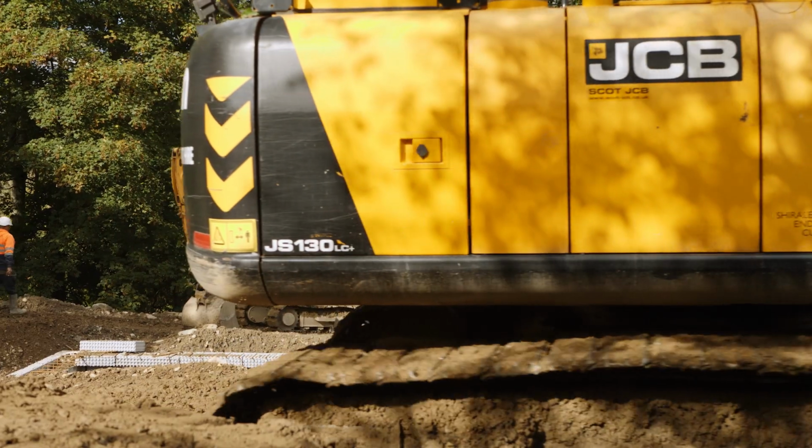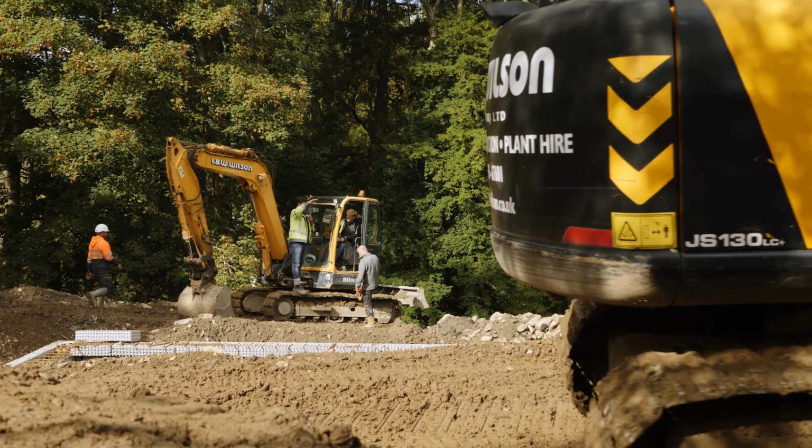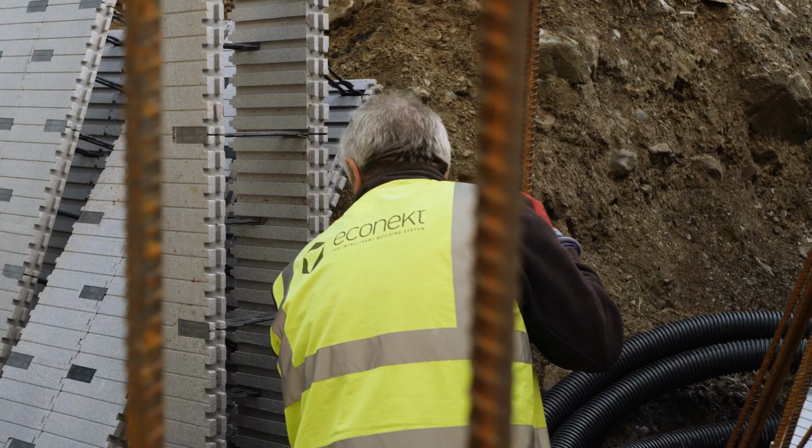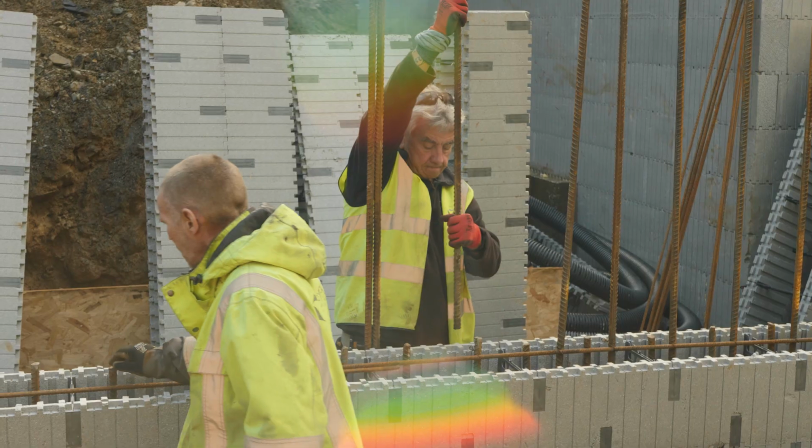We got on board with the architects, Alan Corfield Architects, and the client quite early on, and looked at all the different detailing and add-on options. So how we would do an insulated lower ground floor within a basement, the walls on it, how the waterproofing would work with that. Where eConnect and ICF's been really good for that is that ICF gives you one system